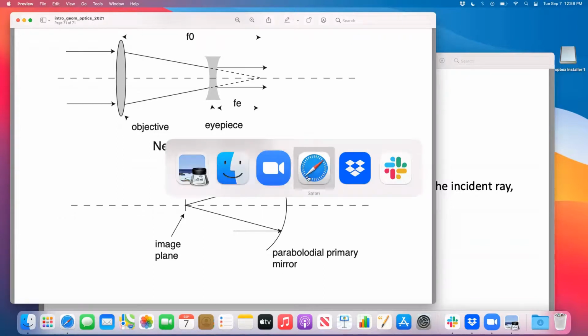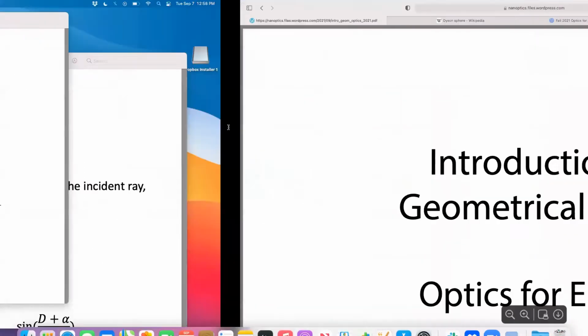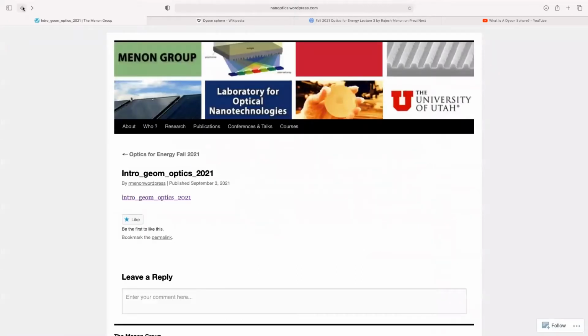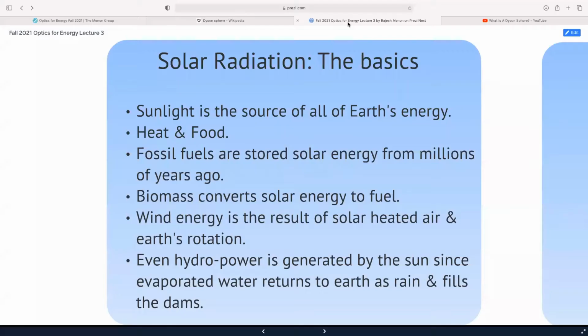Now let's go to today's lecture, which actually is here. Any questions about geometrical optics before we move on? Okay. Feel free to message on Slack. Make sure you practice, and it will